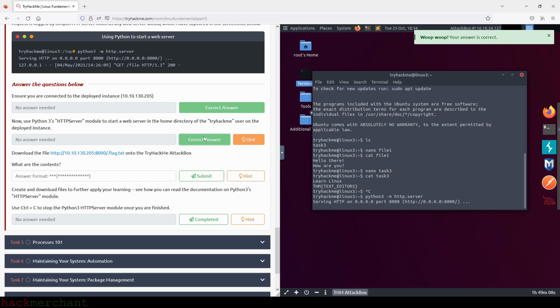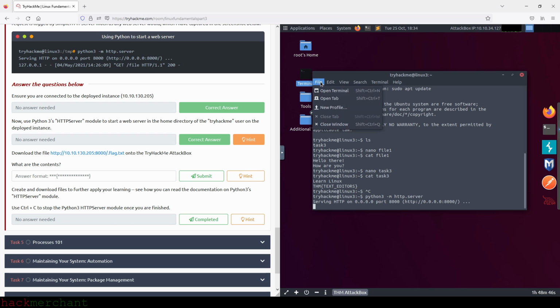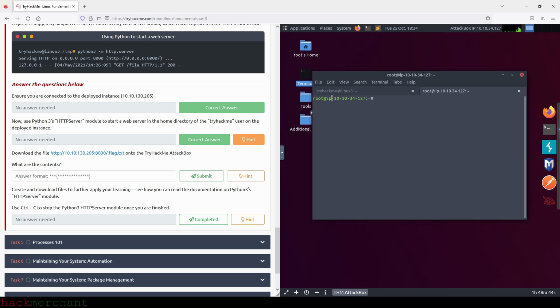And now let's download the file from the remote machine to our machine, or onto the TryHackMe attack box. The name of the file, as you can see, is called .flag.txt. But first, before we do that, let's go to file and open a new tab. And now let's download the file. For that, we are going to use the wget command. So wget, and now we type